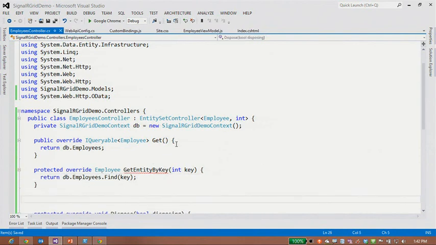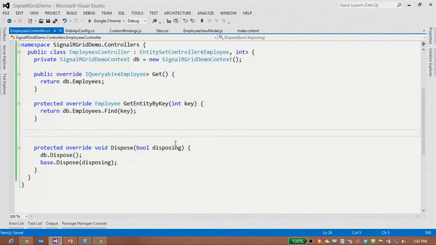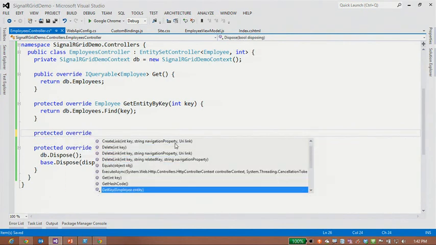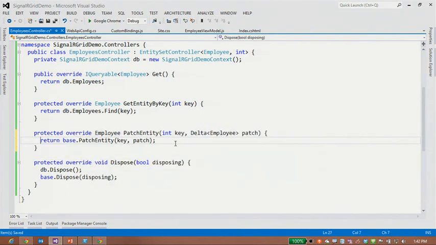Obviously, in production code, you want to be using a repository pattern. For this demo, I'm going to be accessing the data context directly because we might be here for a little while longer if we actually tried to build it out that way. And then I'm going to implement what I'm actually interested in, which is the PatchEntity. And that shows up right here. So this is where the code that I want to write